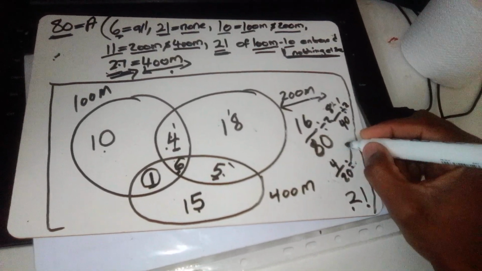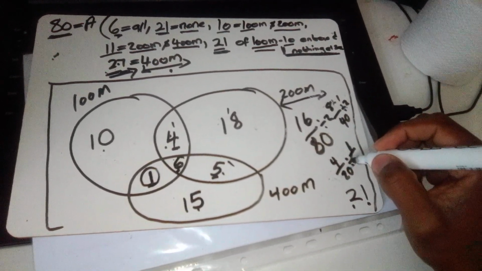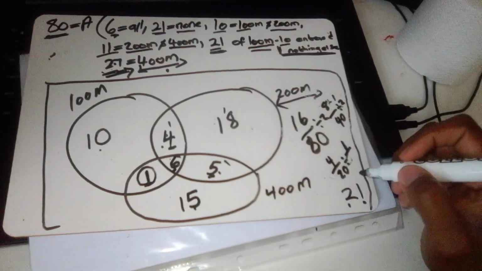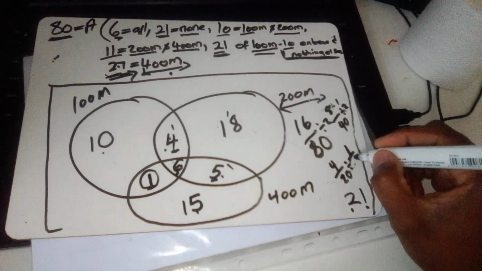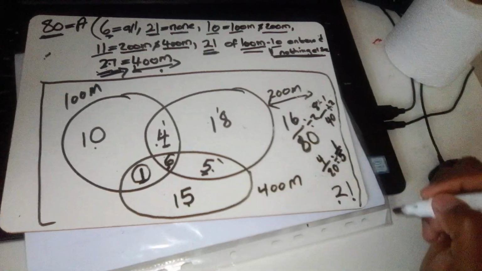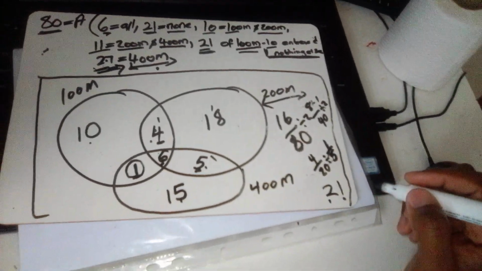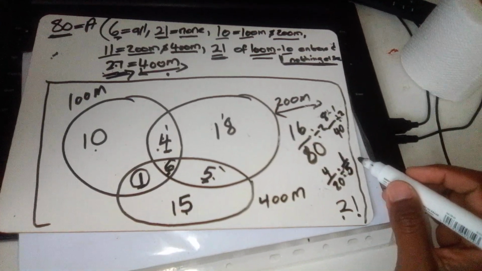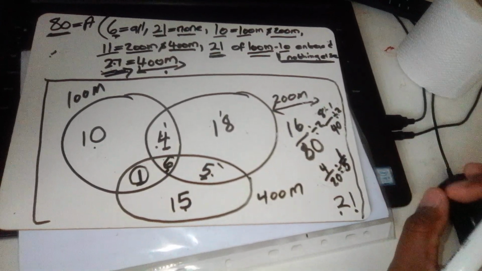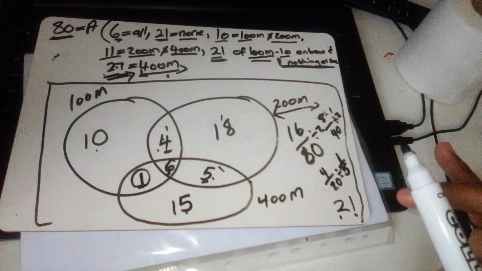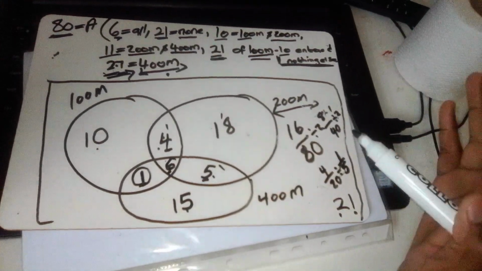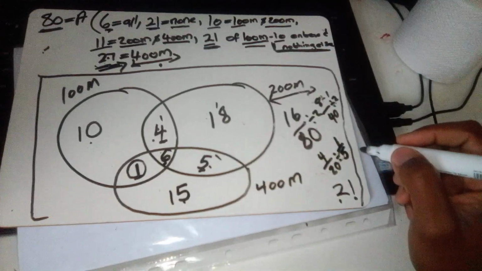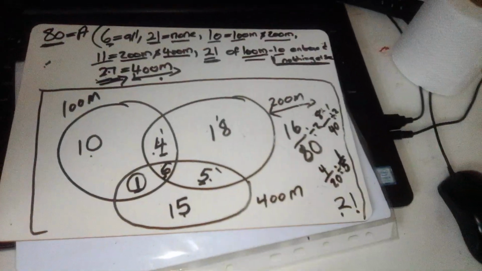So for 4, it's going to be 1, and then how many times does 4 go into 20? 5 times. So it's 1 over 5. The probability of selecting at random an athlete who entered at least 2 of the events is 1 out of 5. So yeah,